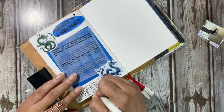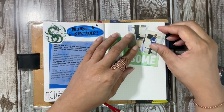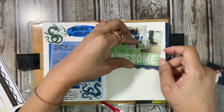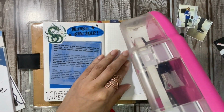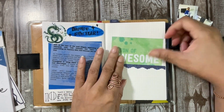So, anyway, I just wanted to put down some information about Chinese New Year. I decided to use some vellum to print the information on, and I made these stickers again using that AI Bing generator. Love that thing. It has come in so handy. Again using some stuff from the